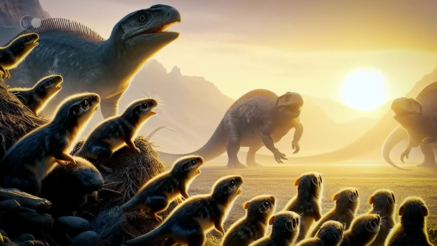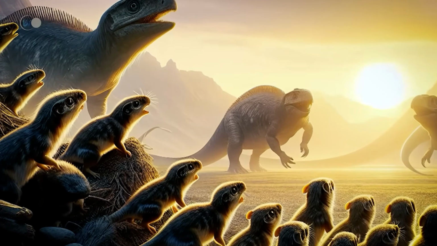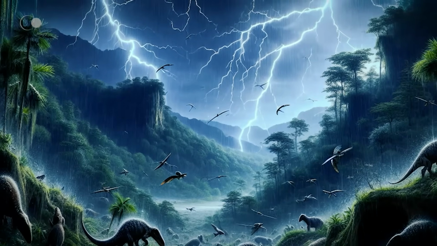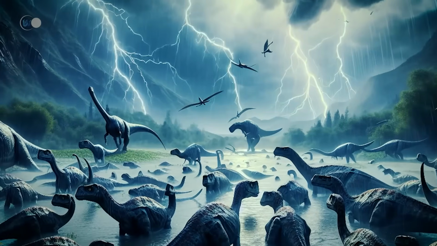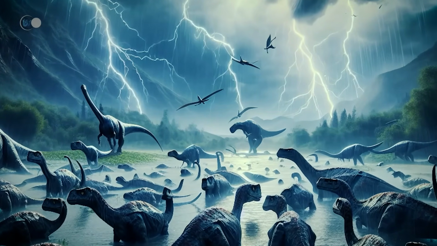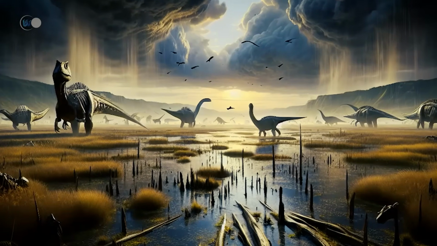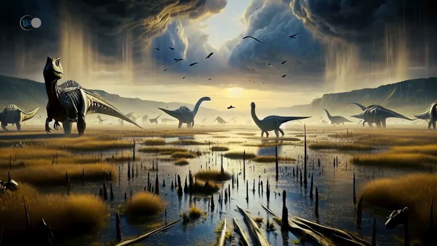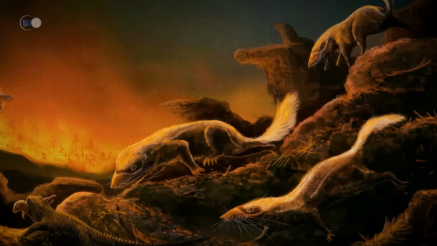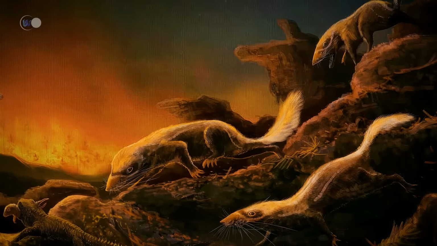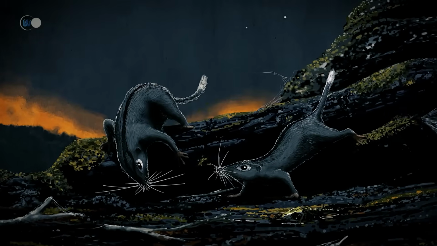In parallel, another group attracts the attention of paleontologists, the mammaliaforms, ancestors of mammals. Their anatomy already shows typical traits, such as specialized dentition or an evolved middle ear. In a world populated by large reptiles, these small animals, often weighing less than 500 grams or 1 lb, find refuge in burrows, adopt a varied diet, and develop nocturnal behaviors to escape predators. Their small size allows them to hide easily, limit their energy needs, and exploit resources overlooked by the dominant species of the late Triassic.